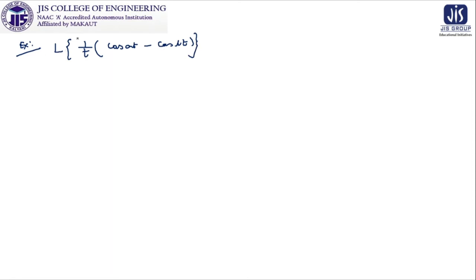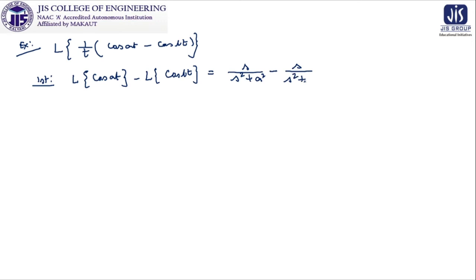We know the first step for this part will be Laplace transform of cos at minus Laplace transform of cos bt, and it is very easy for us. s by s square plus a square minus s by s square plus b square. Now the second step is to find out Laplace transform of 1 by t of cos at minus cos bt,